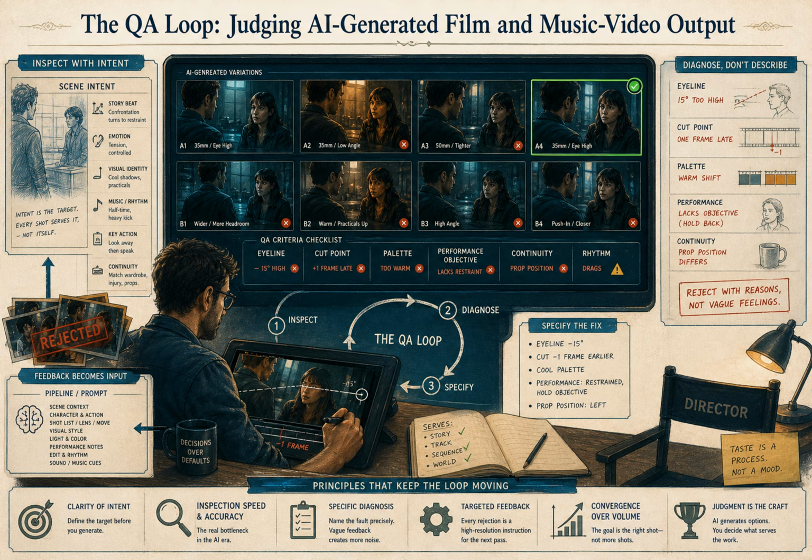To keep iteration from becoming a swamp, use a simple rule. If a shot fails 3 times on the same dimension, the prompt is wrong. Rewrite from the shot's job, not from your last wording. Also, lock 1 dimension at a time. Do not try to fix framing, performance, and color in 1 pass. Lock the frame first, then lock the performance inside that frame. Then lock the color on that performance.